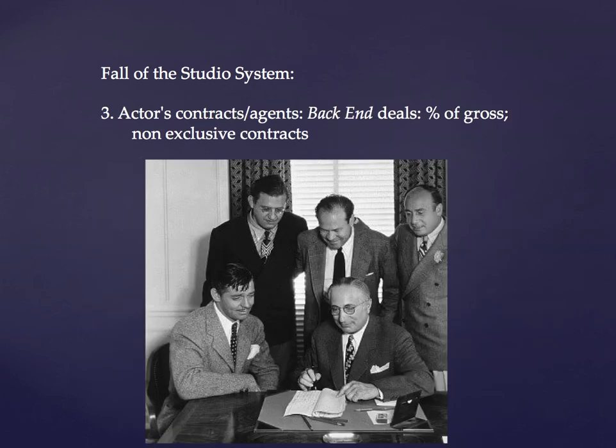And the next part of the fall of the studio system, the 4 parts, actors are getting out of their long-term contracts, 5- and 7-year contracts. This is the biggest actor and the biggest studio head of the 1930s and 1940s. That's Clark Gable, and that's Louis B. Mayer, and I suspect that's David O. Selznick. This might have something to do with Gone with the Wind. Anyway,